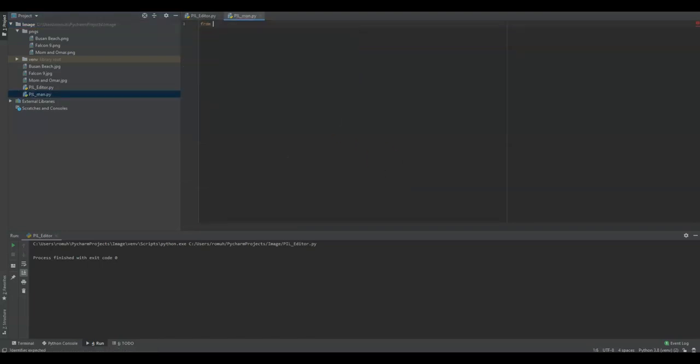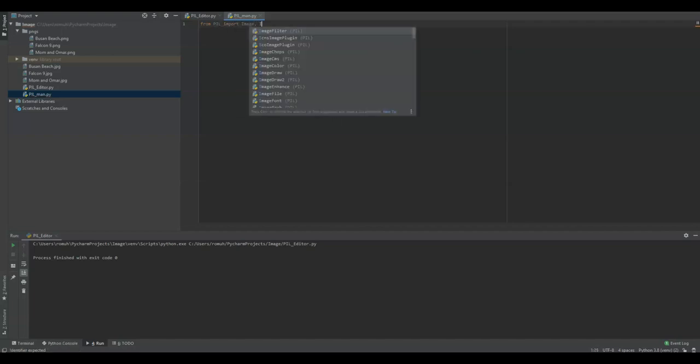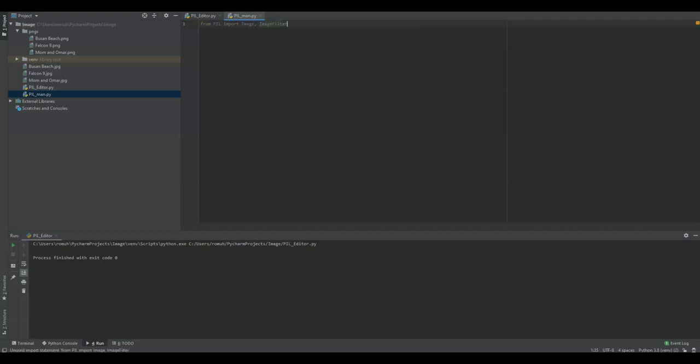In that we'll say from PIL we want to import Image and ImageFilter, and we'll again store the image in a variable, and we'll use Image.open, and we'll open up a picture of my mom and son,